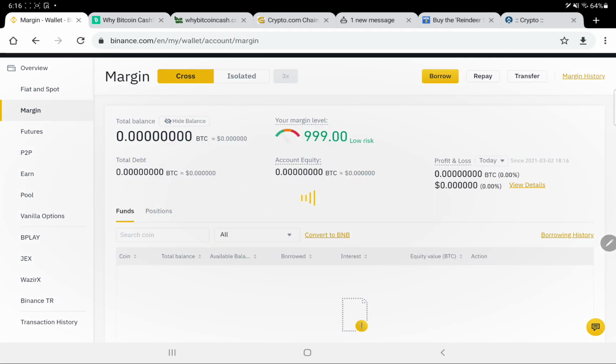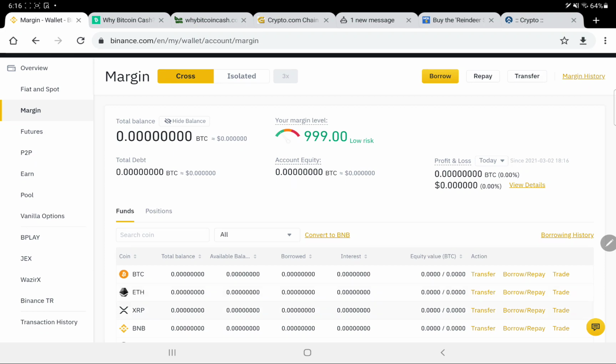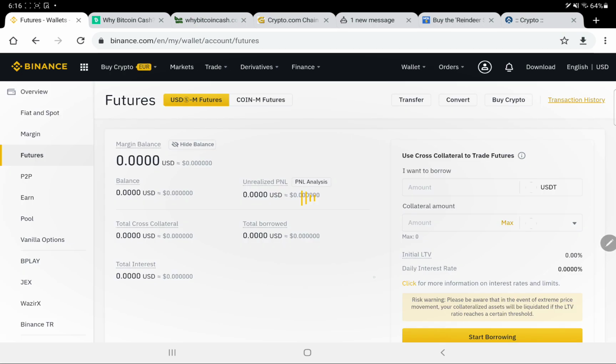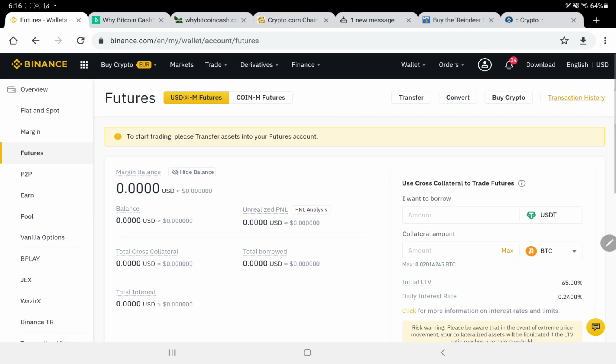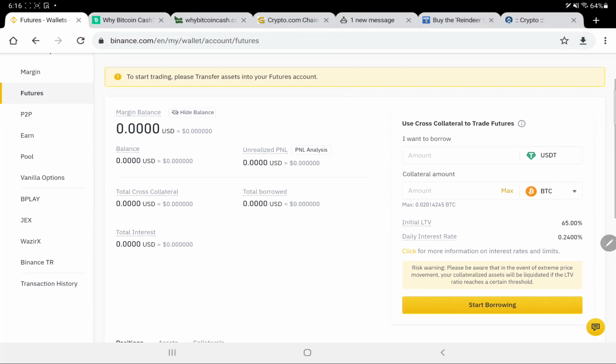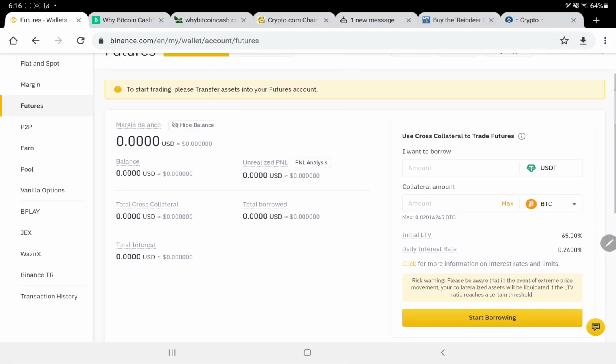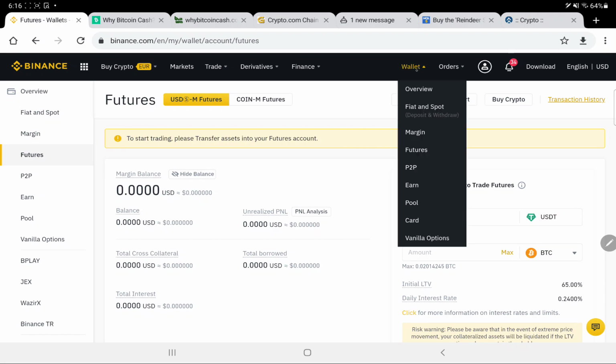Suppose we click on margin trade, and currently there is no amount in the margin, and in the future trade there is also no margin available. So how to transfer the funds from